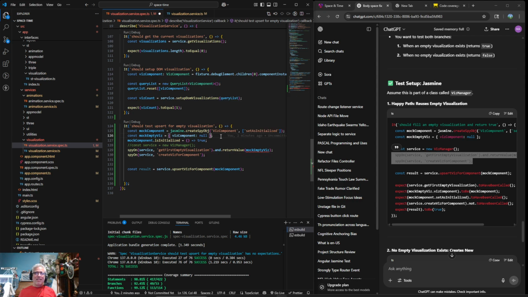I think we could force it as unknown, then as ST visualization. Basically we're saying, I know this doesn't have everything an ST visualization is supposed to have, but go ahead and use it. Just force it to be that way, and we'll see what happens.